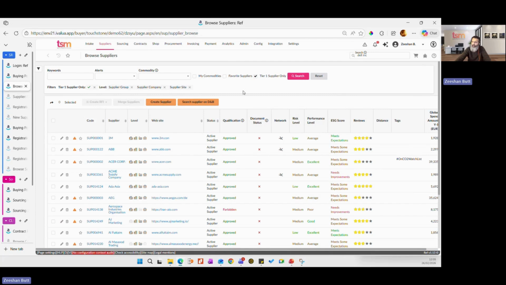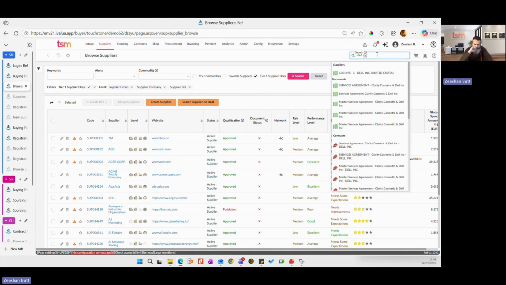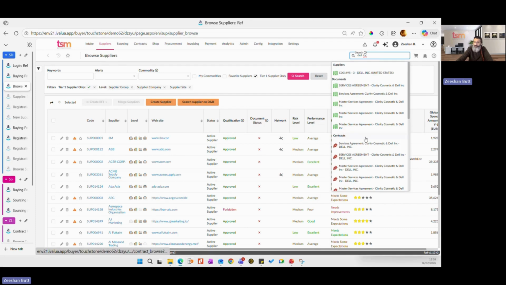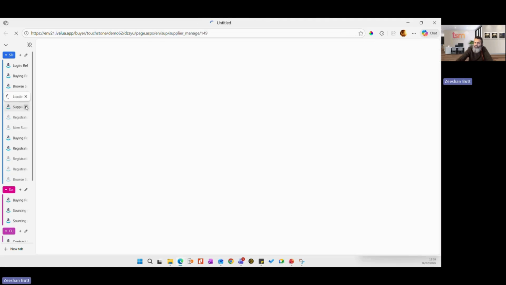And if we look at a supplier record, I could just search in the search prompt there, or I could have searched it here as well. You can see it's telling me there's a supplier called Dell, because I tried to search for that, and there's a few documents, contracts, invoices, orders, and so on and so forth. So you can see why Ivalua is so powerful, because of the one system. And if I just open up that supplier record,